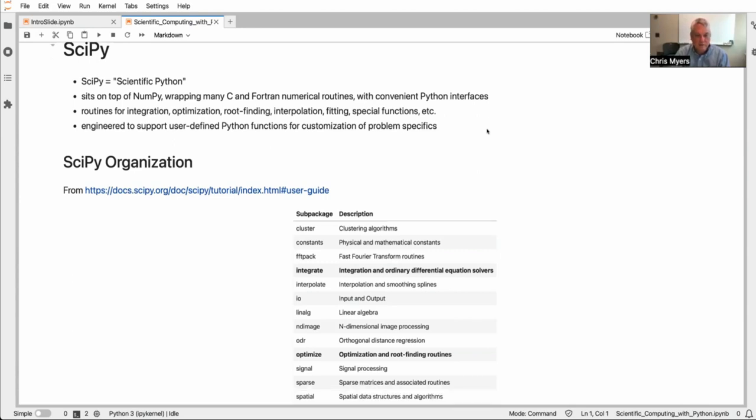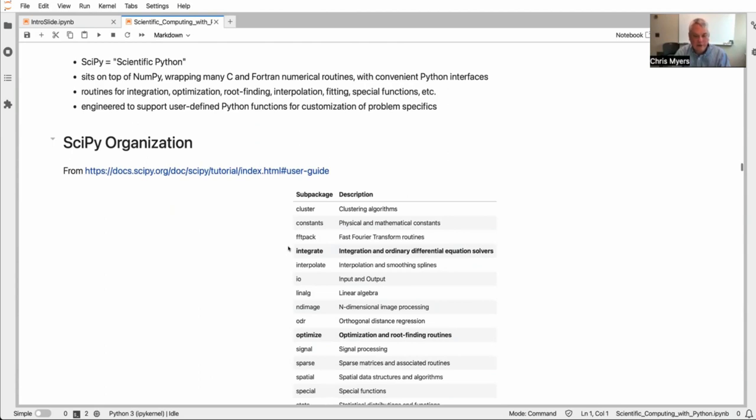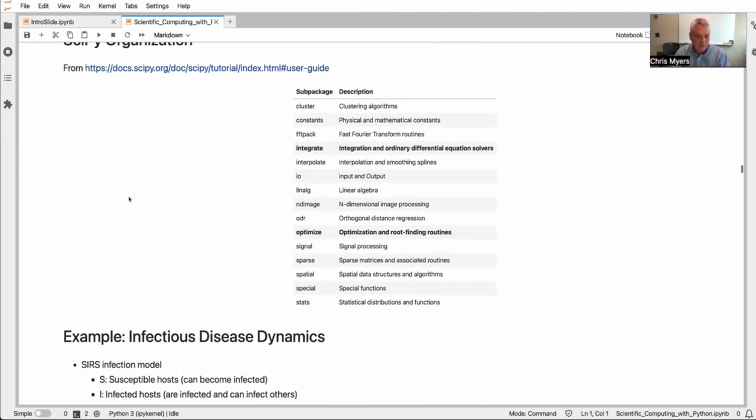And as described in this table here, there are sub-packages that support a number of different kinds of operations. Each of these is a high-level sub-package, which then has a lot of different functions embedded within it. We're just going to look at two of those sub-packages, integrate and optimize, but depending on what kind of work you want to do, you might want to explore some of these other